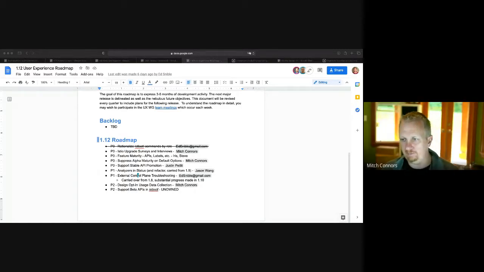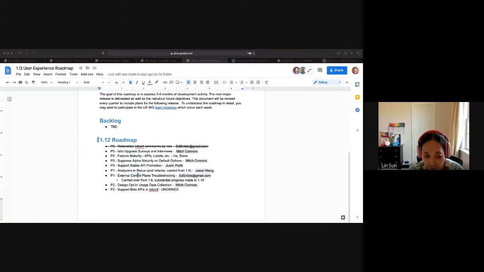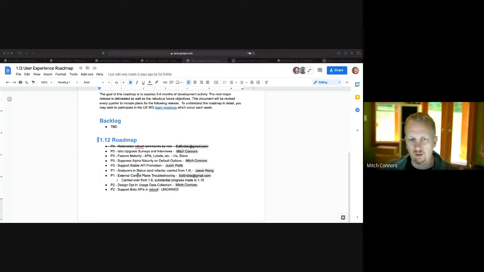We had user feedback last fall that said that it was a problem. The high-level problem is that users don't understand the maturity of the various features that they're using. We developed an analyzer to help users understand that. However, the analyzer essentially told users that everything that we use by default is alpha, because we've not been in great shape in terms of what alpha features we use by default. So the ask here was to go through, find what alpha features we're using by default, and suppress those from the analyzer so that users only see alpha features they have opted into. Yeah, that makes sense, John.